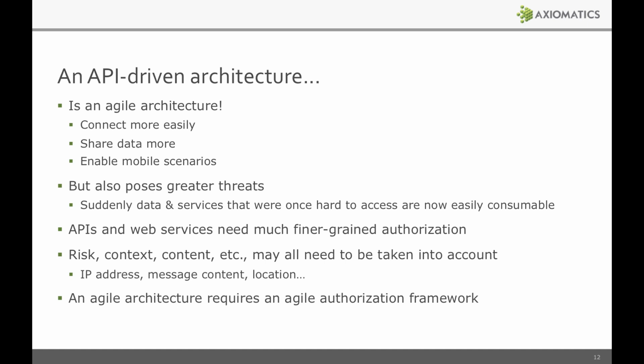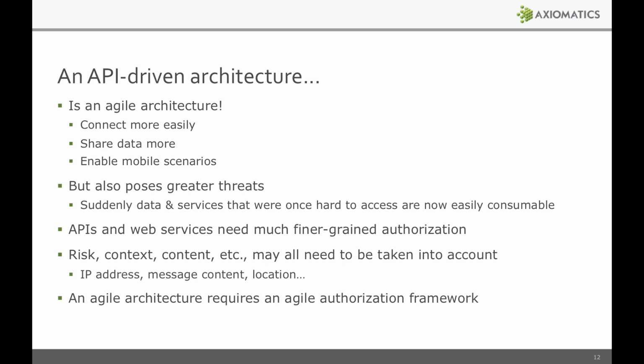At the same time, like you pointed out, the fact that you open up to the greater world and the fact that you enable so much connectivity and interchange creates a lot of challenges. So you need to make sure that you can protect your APIs in a secure way. And that involves, of course, authentication, encryption, threat protection, which is what the API gateway will handle for us, but also there's a need for much finer-grained authorization.